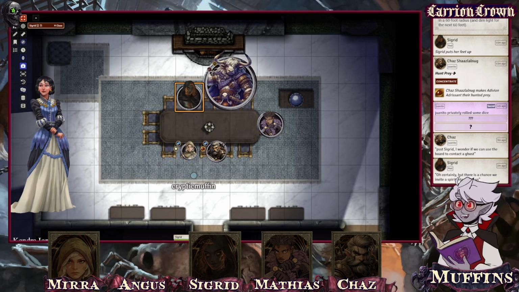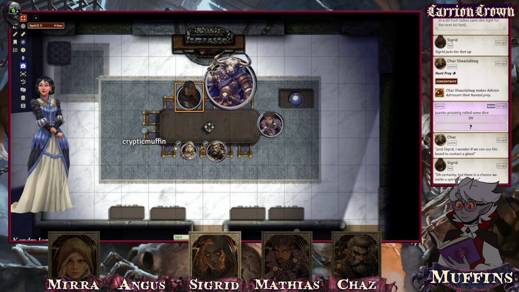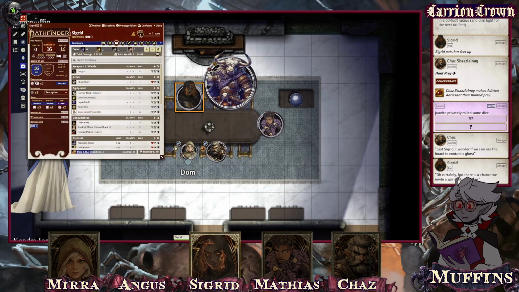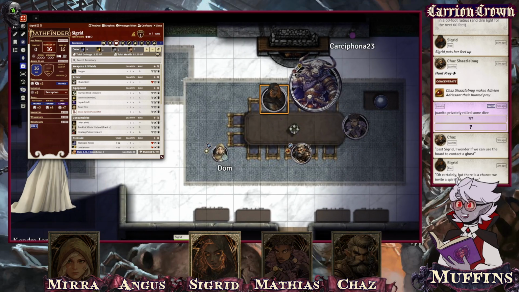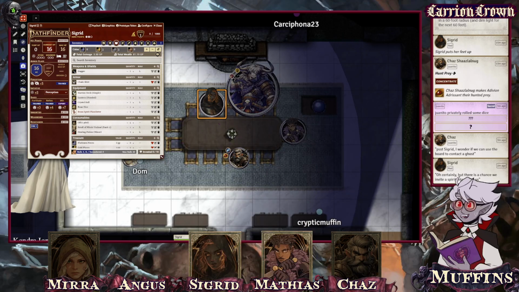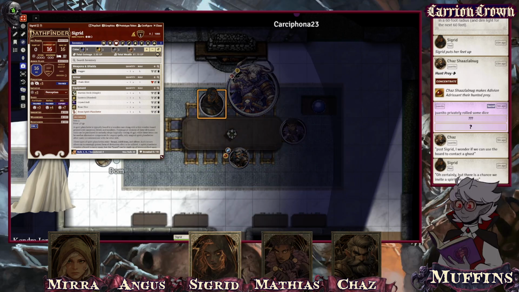I know you all were talking about the spirit board in chat here. Would you actually like to use the spirit board? It's kind of up to Sigrid. I'm worried about it now. You want to? The answer from Chaz is always yes. How good are your will saving throws? It's horrible. Mira probably has the best one, but she's also probably the one who wants to do it the least. Yeah, I don't think we do it tonight because